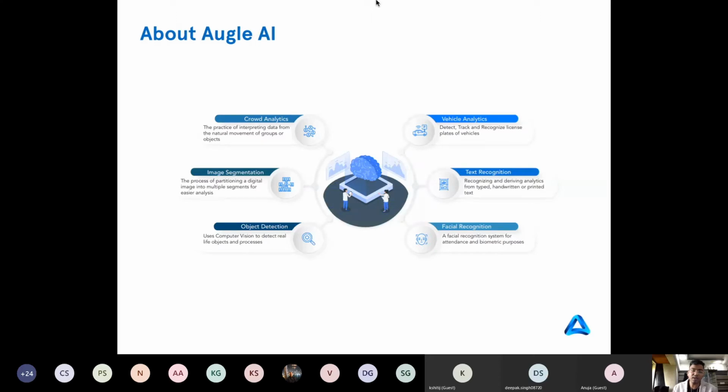So about Augilie, as I told, we develop computer vision based algorithms, and then we make products out of those. So computer vision is a form of machine learning which works on videos and images. So when I had started the company, the vision was, we were generating huge amount of visual data through cameras, CCTV cameras, industrial cameras, phone cameras, etc. And all this data was analyzed manually, or basically it was not used optimally.